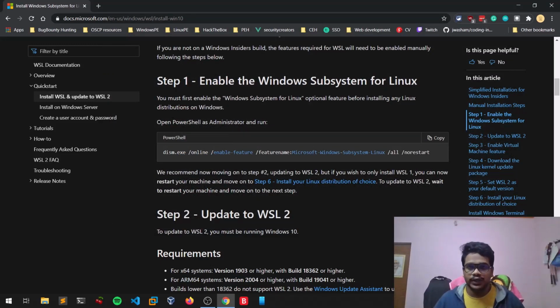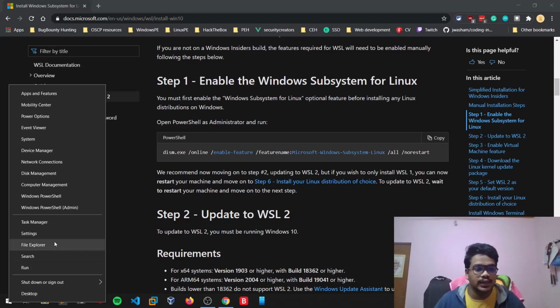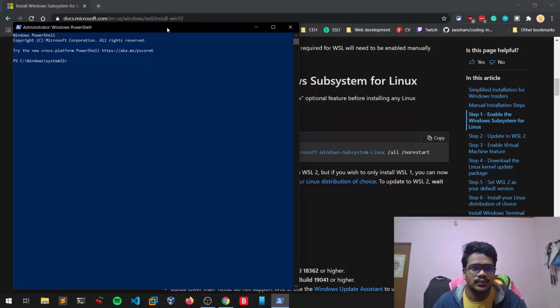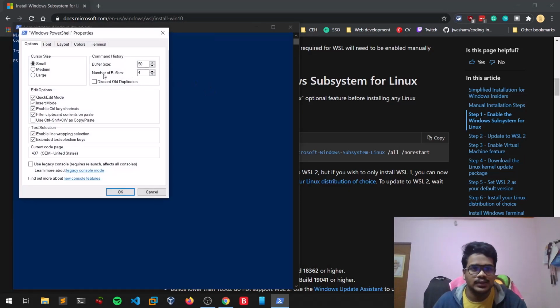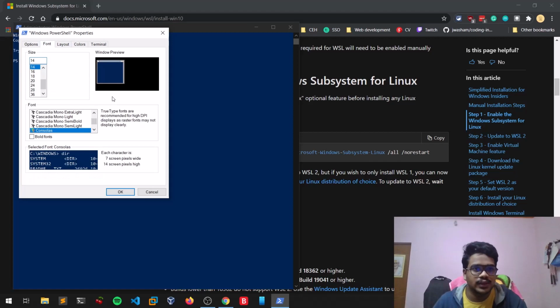First of all, you need to run PowerShell as administrator. For that, right click on the Windows icon here, go to Windows PowerShell (Admin), and click Yes. Let me enlarge this a little so that you can see it more clearly.